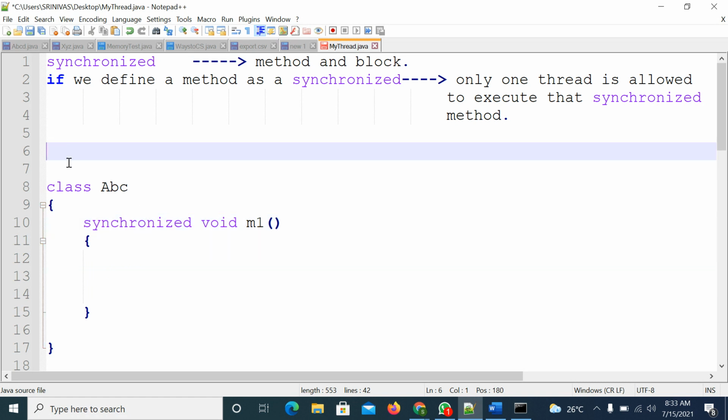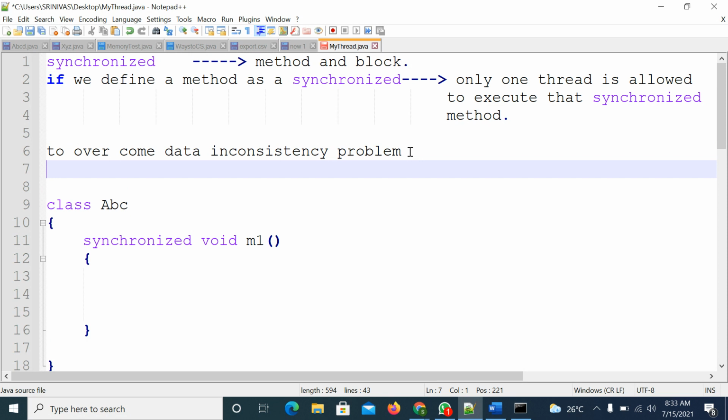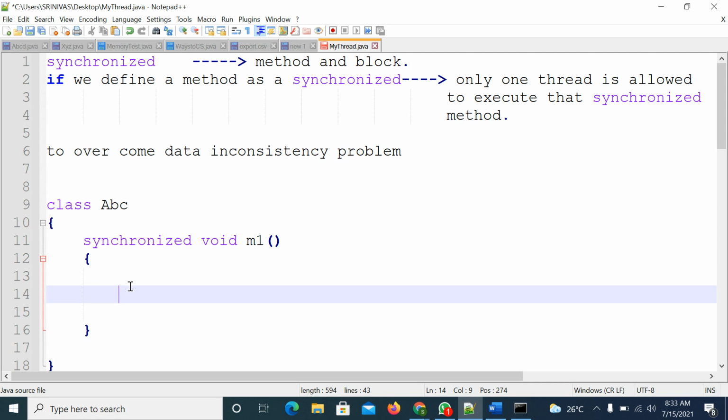Then what is the advantage of the synchronized keyword? The main advantage is resolving data inconsistency problems. To resolve data inconsistency problems, we use the synchronization concept. Then what is the disadvantage? The disadvantage of the synchronized keyword is that it increases the waiting time. Suppose this method has 1 lakh lines of code.